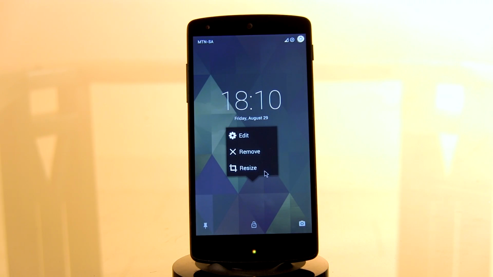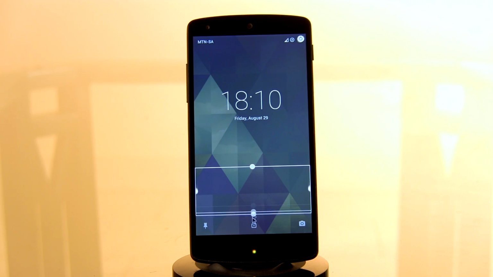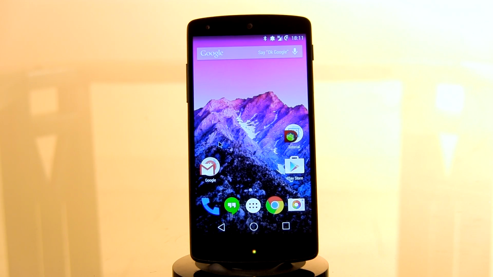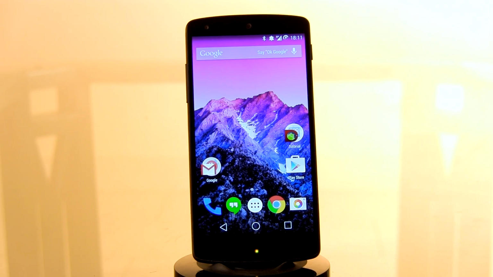You want to long press, select resize, and you want to make sure that it covers the bottom widget right there. If you can't overlay it on the top of this widget, that means that your widget overlap option in your advanced settings hasn't been enabled. So you just want to go quickly change that, and let's just test it out. I'm going to now select this middle icon here, click on it, and it unlocks your phone quick and simple, just like that. And now we can just test it out the proper way